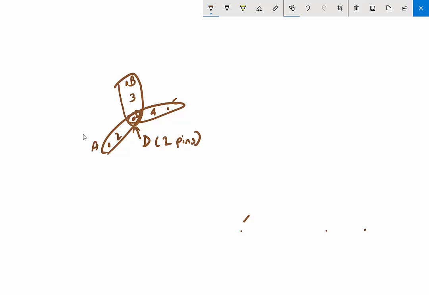And the rest of the drawing, it just depends what I actually have. If I have a mechanism where I don't know what is clearly the ground, such as a scissor, then I can just pick whichever one I want, whichever link makes the most sense to me, and give that a designation as 1. So this is, again, another quick review of using Gruebler's equation for a simple planar problem, but watch out for combined